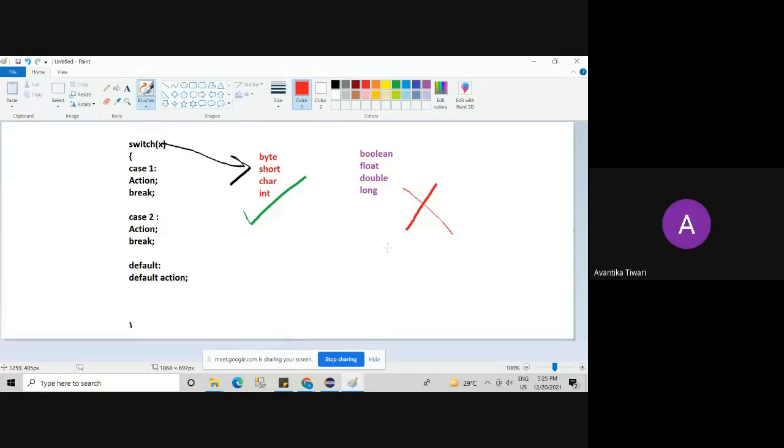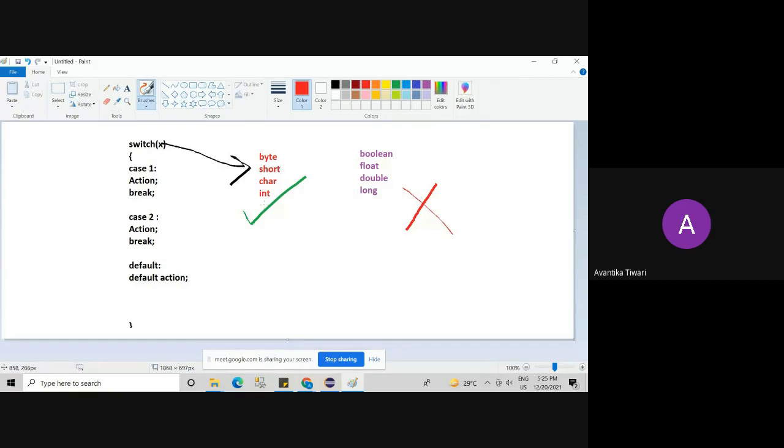Between any two floating point numbers, there will be infinite numbers that exist. And we don't have to specify 1.1, 1.10, 1.11, 1.12, again starting from 1.101, 1.102. We don't want that. That is the reason why float and double are not allowed inside switch.